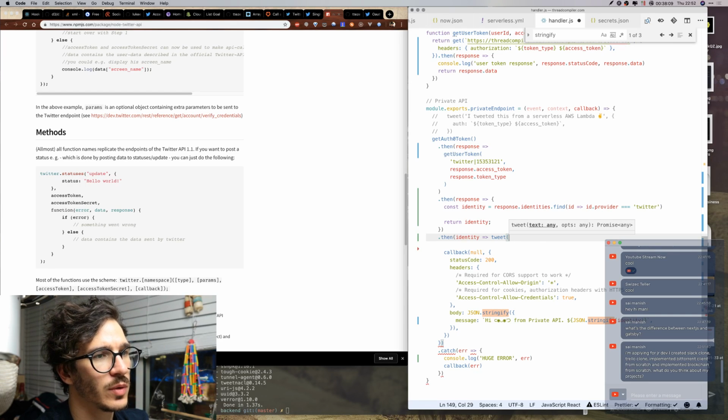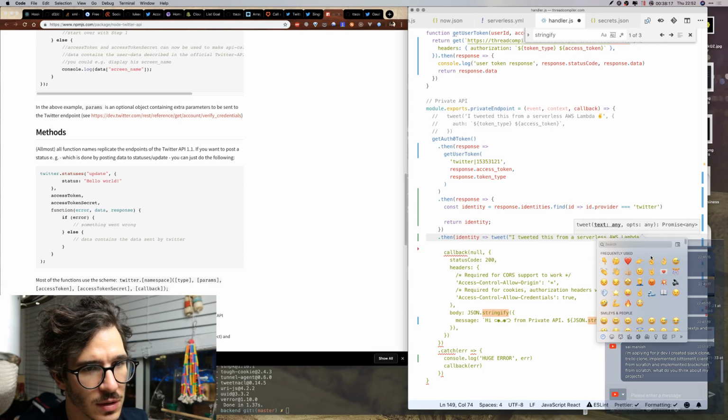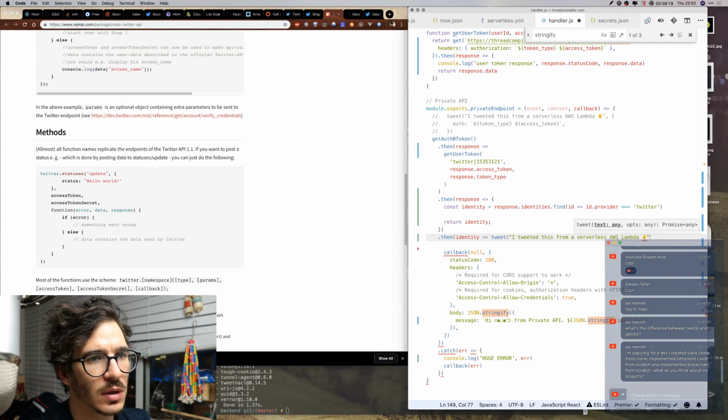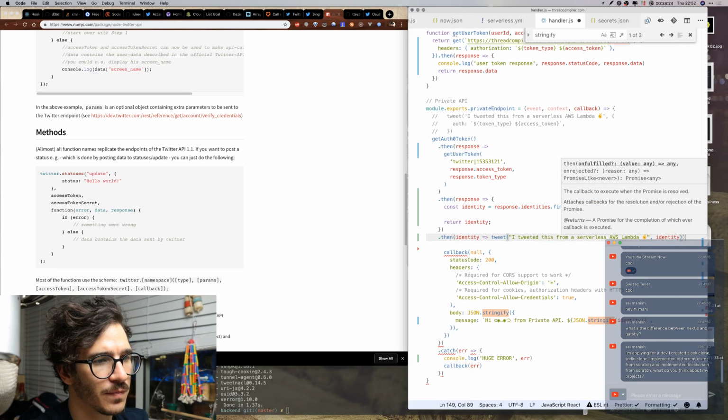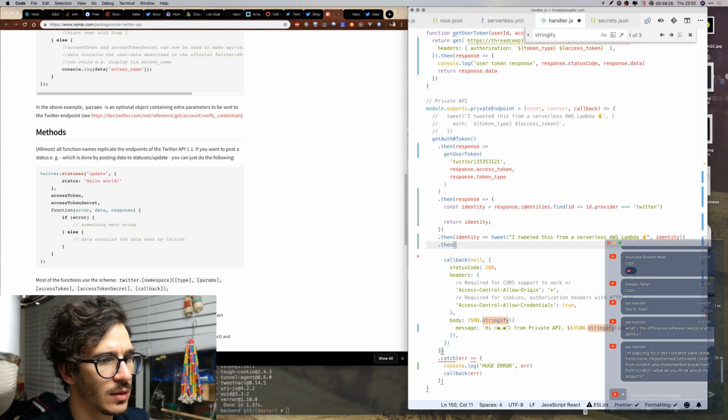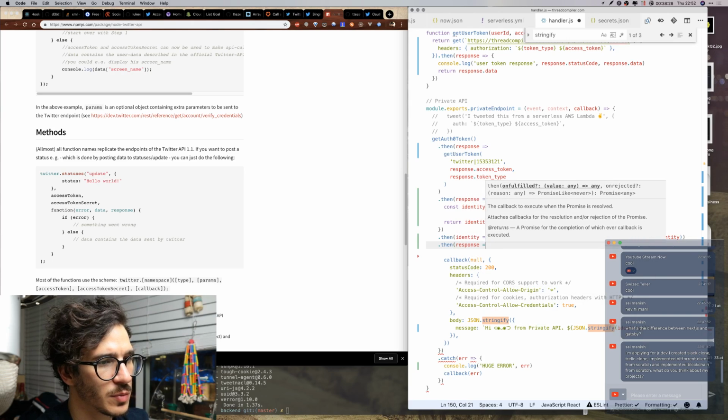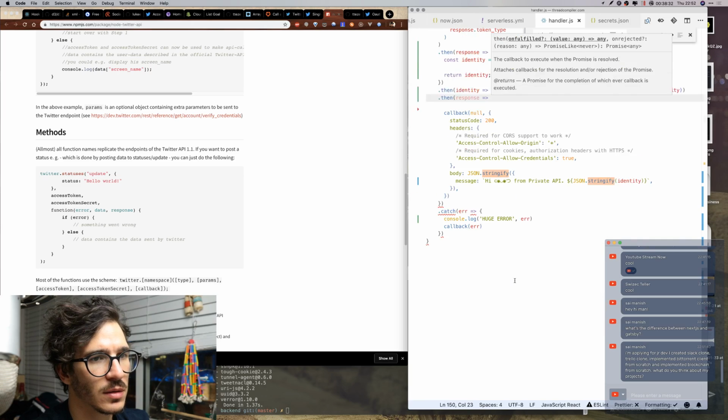What did you say we're tweeting? I tweeted this from a serverless AWS Lambda, and I'm going to add this emoji and our identity, and then we're going to get the response, and yeah.